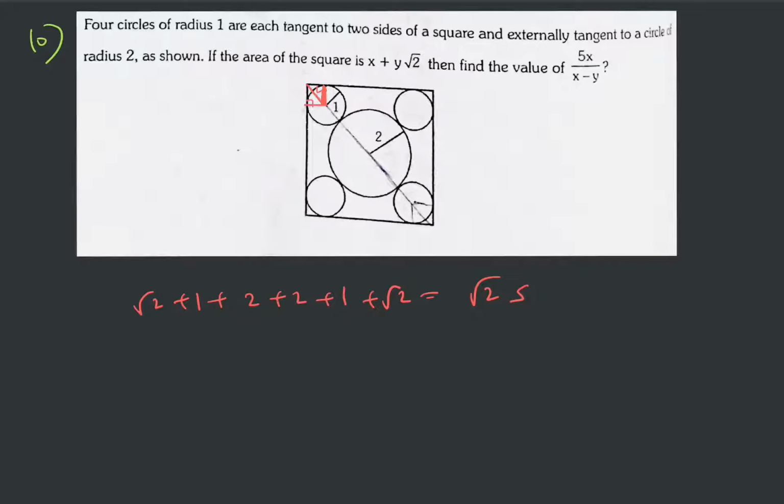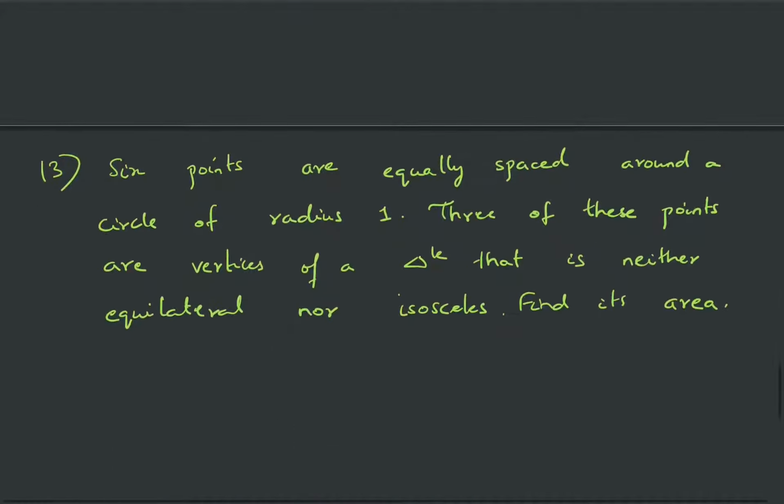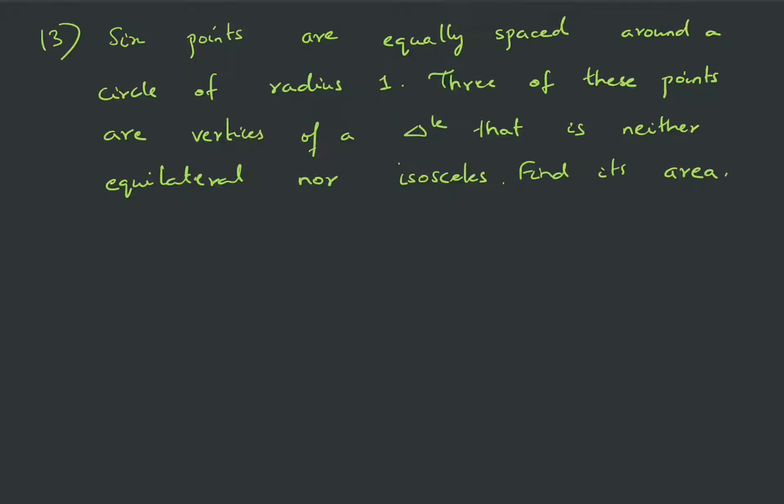Okay, let's do it one more time. This is the center of smaller circle, and I have dropped perpendiculars each of length 1. So this is √2, this is 1, 2, 2, 1, and similarly √2. So all this is diagonal of square, which is √2 times side. So from here you will get the side, and then if you want the area of square, you just square it. Okay, so I'll leave the calculation to you. Let's move on to the next question.